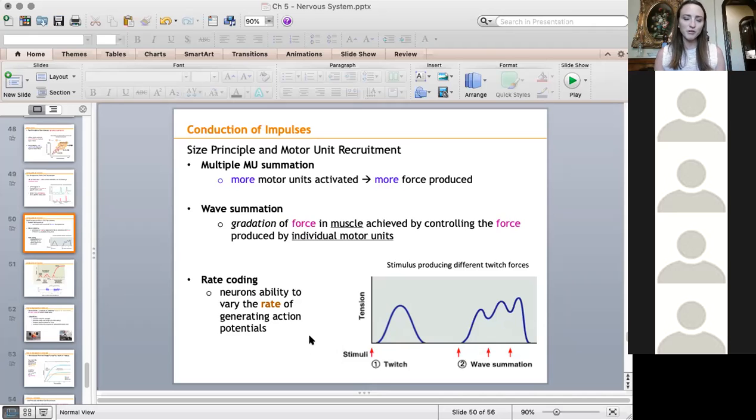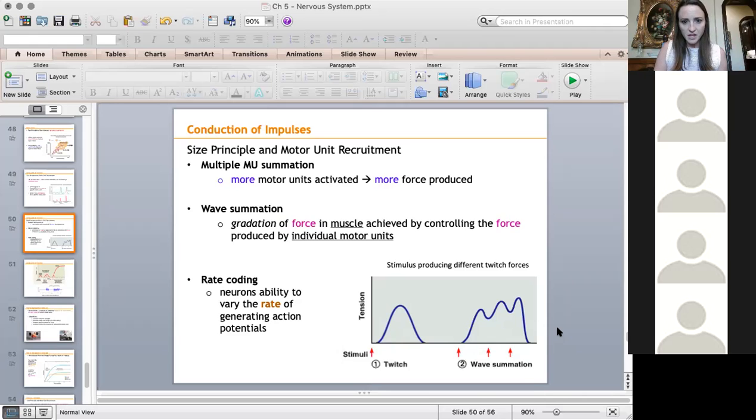But the more motor units that are active in a muscle, the more force I can produce. So that's where the force comes from. It comes from activating more motor units, having more muscle fibers contract. That equals more force. Wave summation is another way to increase force production, and we have an example at the